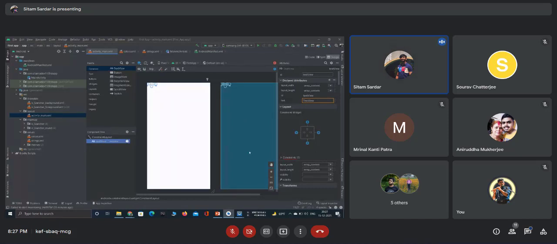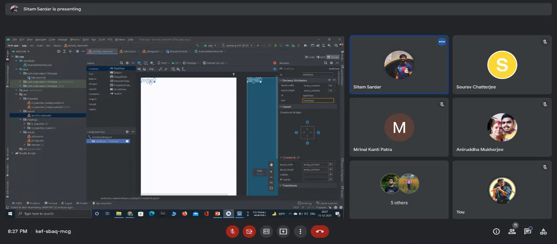Now, it is saying something: there are some messages that say missing constraints in constraint layout. So there is something called constraint. What actually are constraints? Through this constraint, we can set the position of that view. So this is a view where the text is called text view. If I zoom it a little bit, you can see it is written here text view. If I want to change the text, I simply write my name, let's say.